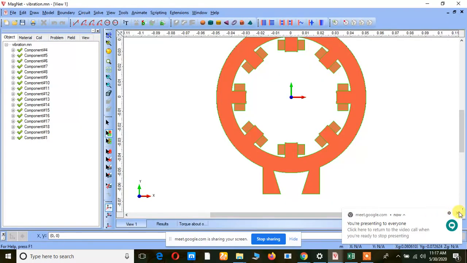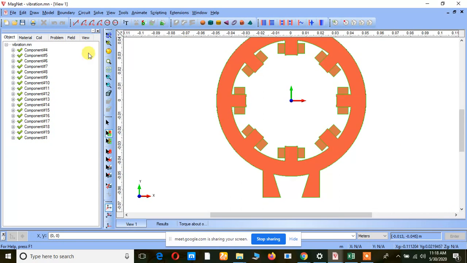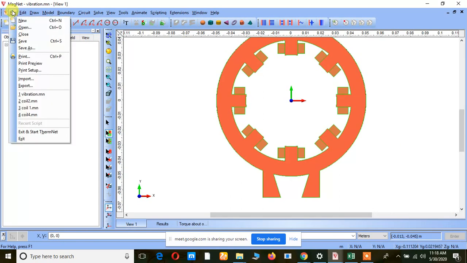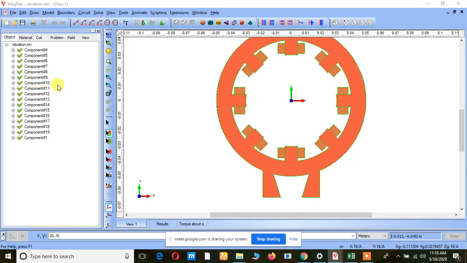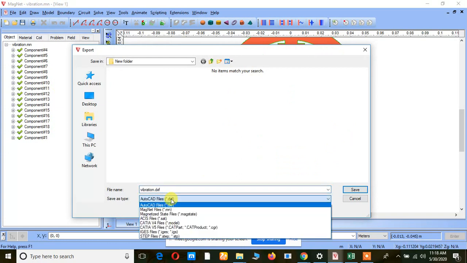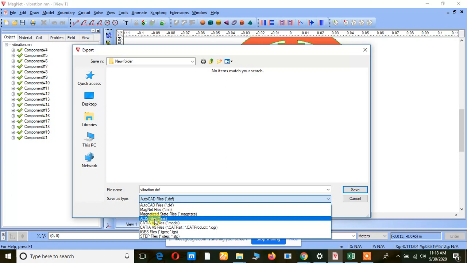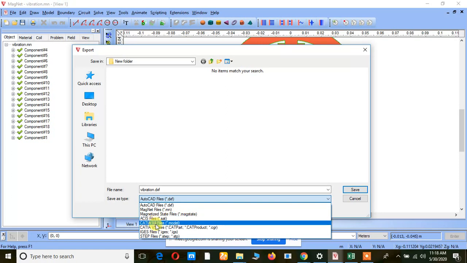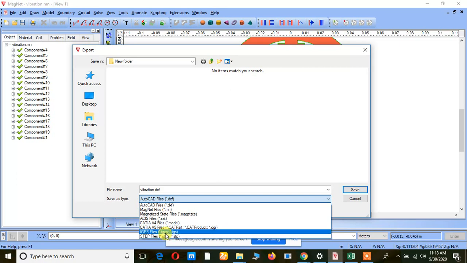So now the file is ready. So now what I want to do, I just convert this, exporting this file into another format, right? So see here, we can export in the format of AutoCAD, STL files, CATIA file, IGS file. IGS means it is the Pro file, which is a basic model, and STEP file.